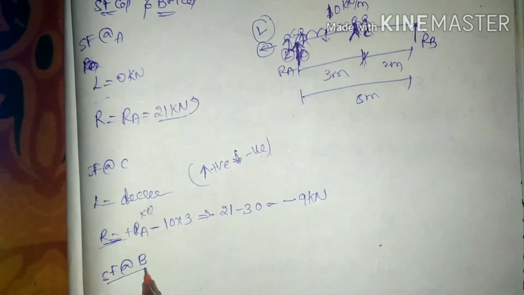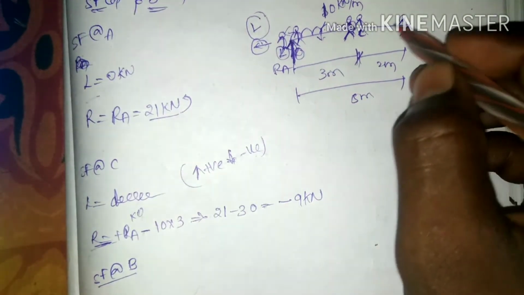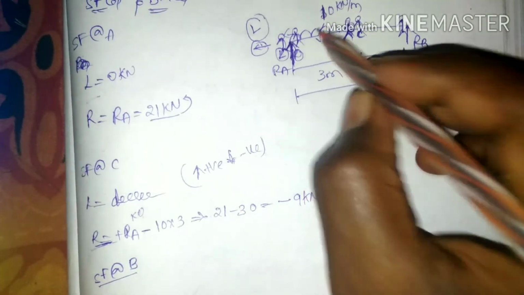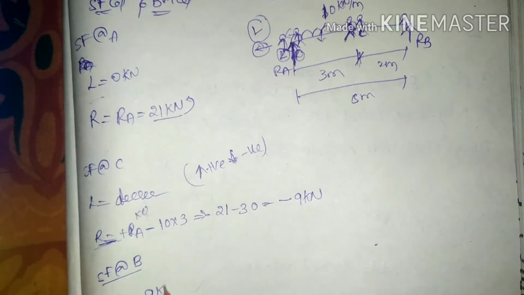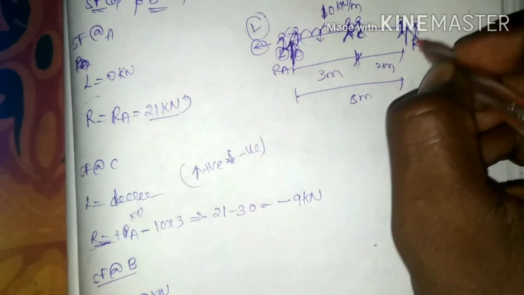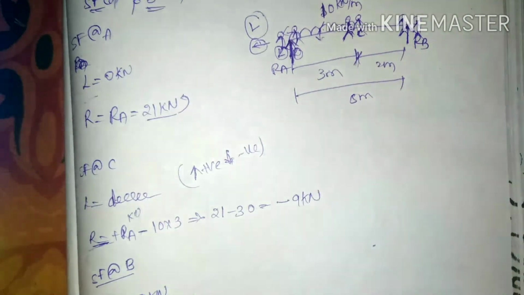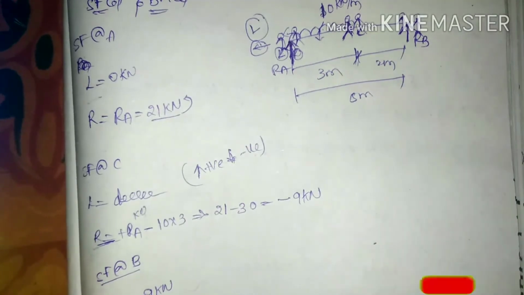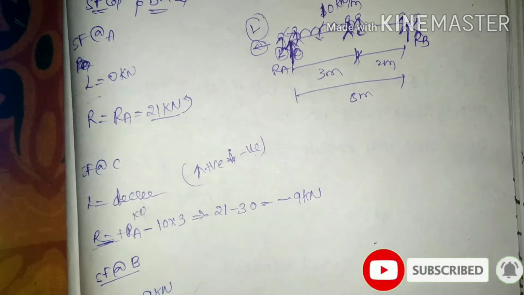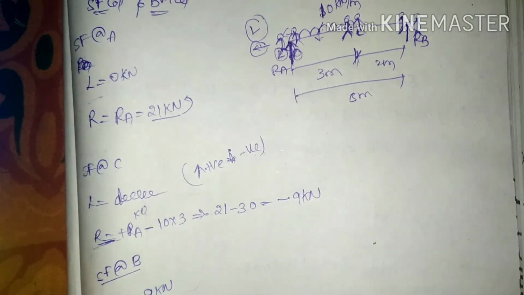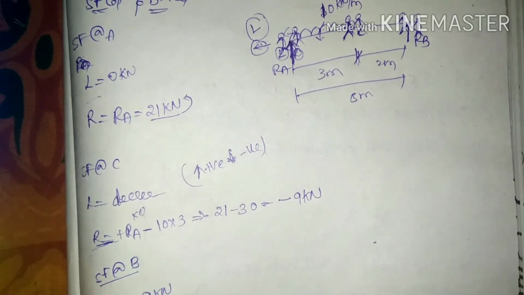Next, shear force at B. For the left of B, up to here we are having only the UDL and reaction RA, so we are continuing with the same minus 9 kilonewtons. After the right of B, we are having a reaction RB in the upward direction, so up to the left we are having minus 9, after the right we are having plus RB, because upward is positive. The value of RB will be minus 9 plus 9, which is going to be 0 on the reference line.